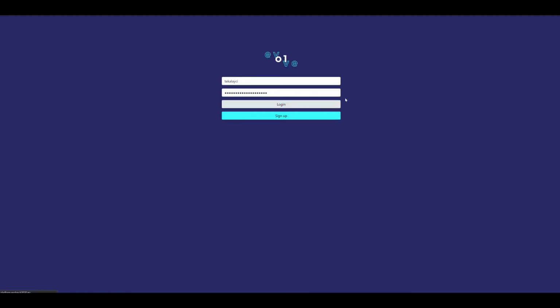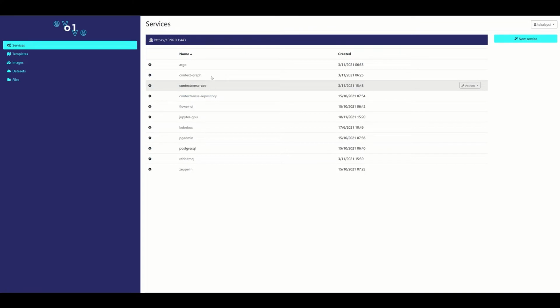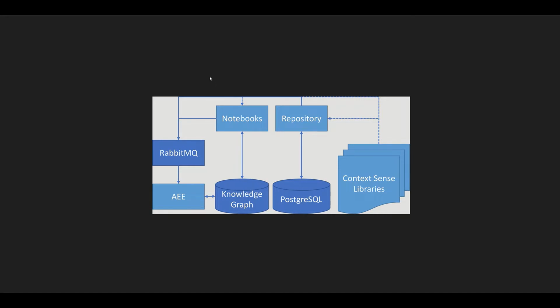First of all, we need to log in to the Evolve platform. After the login, we will reach the services screen, which provides us a list of services that are currently running in the platform. Our architecture for context sense stack consists of different containers which use different images. For example, some containers are using official images like RabbitMQ, Knowledge Graph, which is a Neo4j graph database, and PostgreSQL